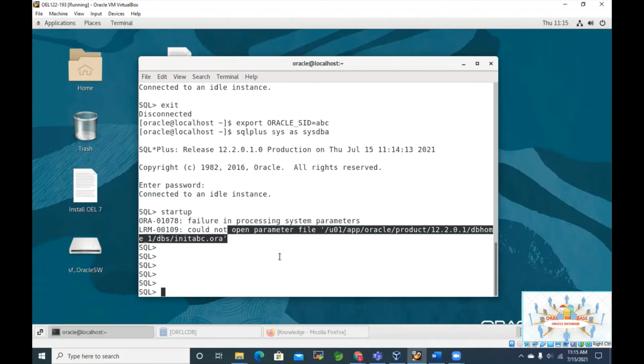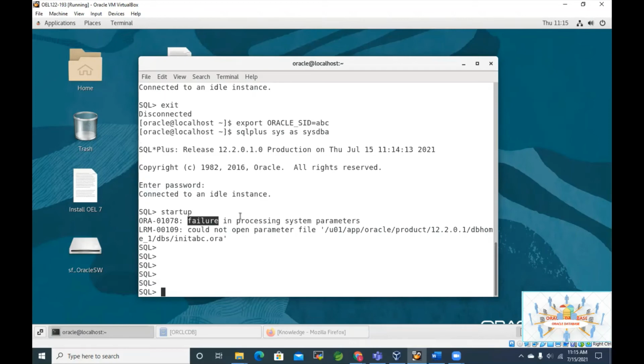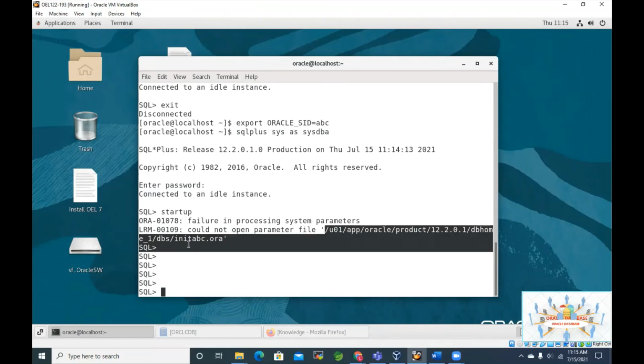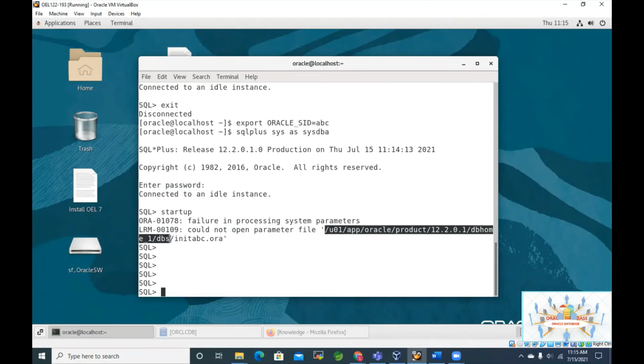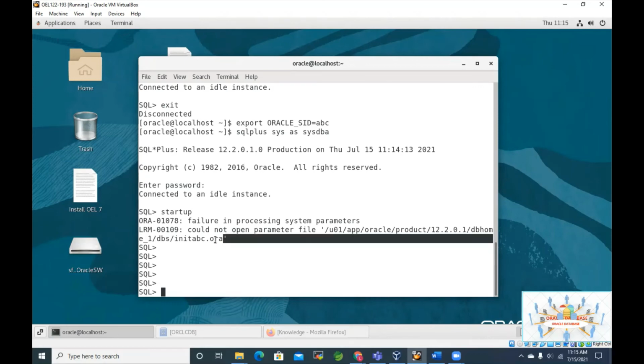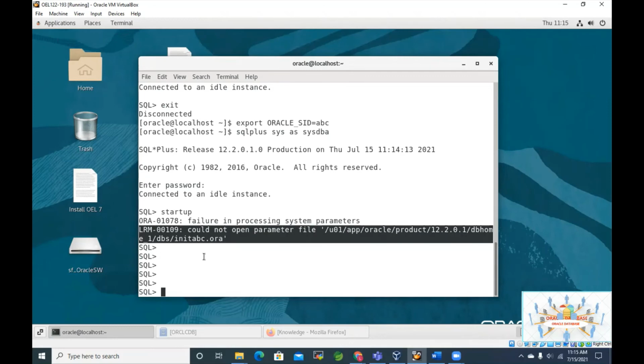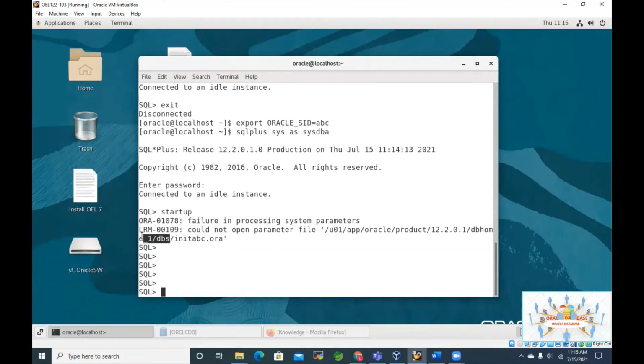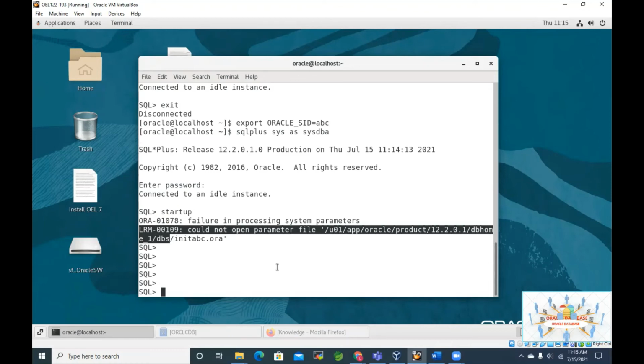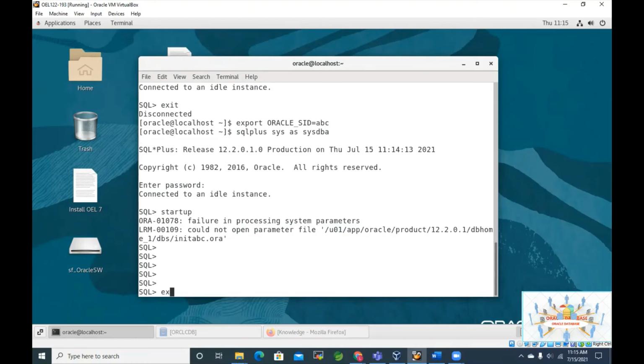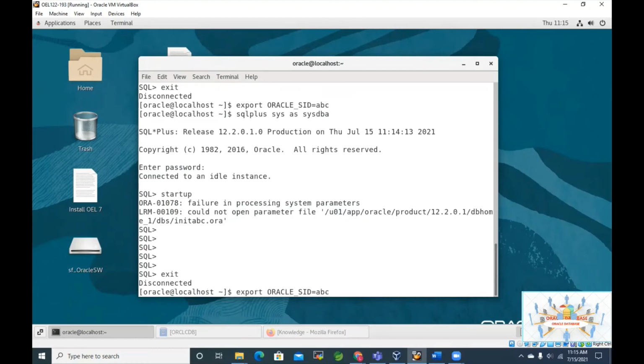So this is what happens. If the database is not there, that means there is no parameter file. So it gives an error telling it is unable to identify such a parameter file in the default location. This is the location Oracle checks by default, dbs. We'll take a look at those in more detail later. In Linux, it checks the default in this place. Now if I exit and set the value back to the correct database,